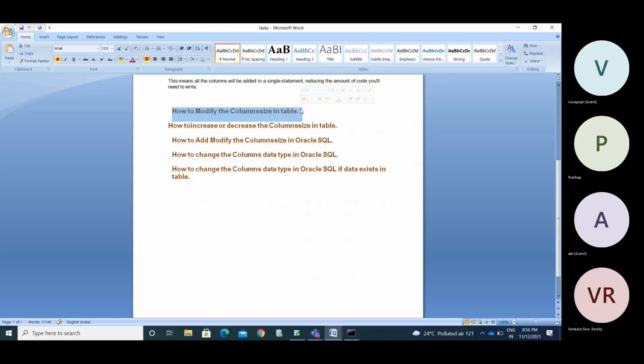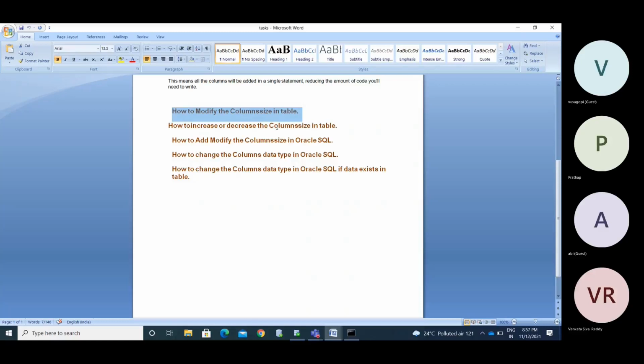What error are you getting? Try to do that, and also try to drop more than one column at a time. How to add more columns in a single run, and how to drop more columns in a single run.